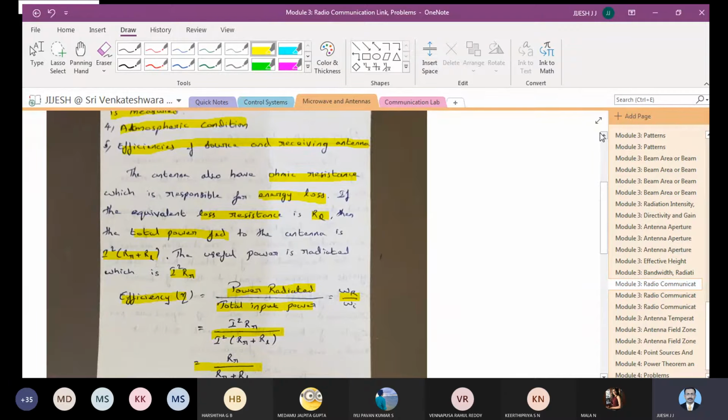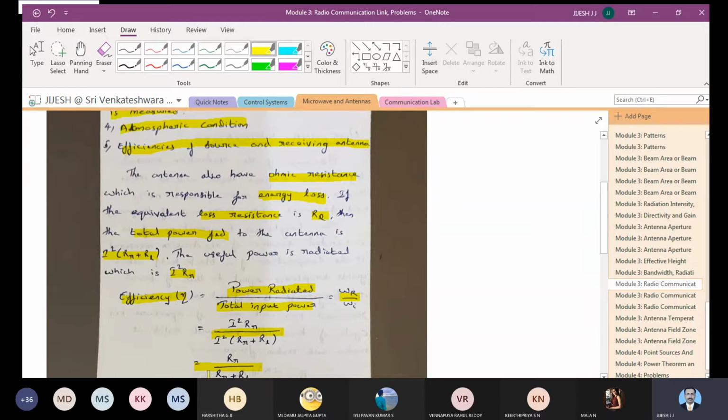So write down all these equations, then we'll continue further. Note down all these things in the class itself. Here and there, if anything is missing, you can refer to the notes as well and complete it. When you are writing all these equations in the class, you understand the things better.